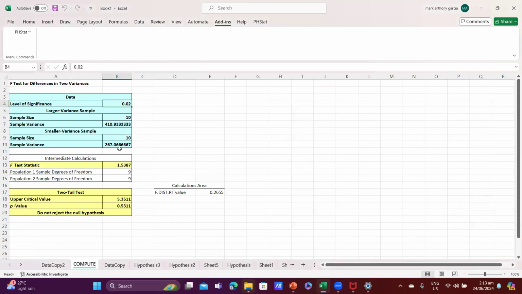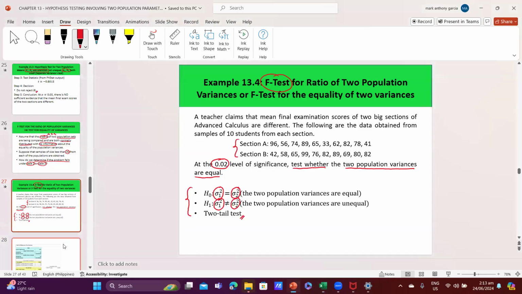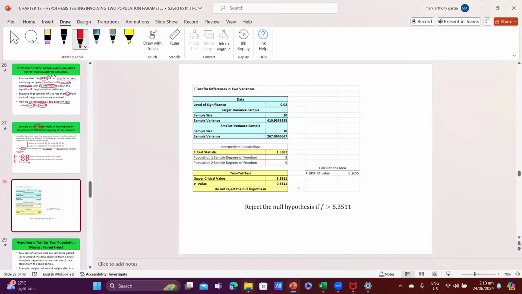As you can see here, the output gives us the upper critical value and the F test statistic. This means that we need to reject the null hypothesis if the F test statistic is greater than the upper critical value of